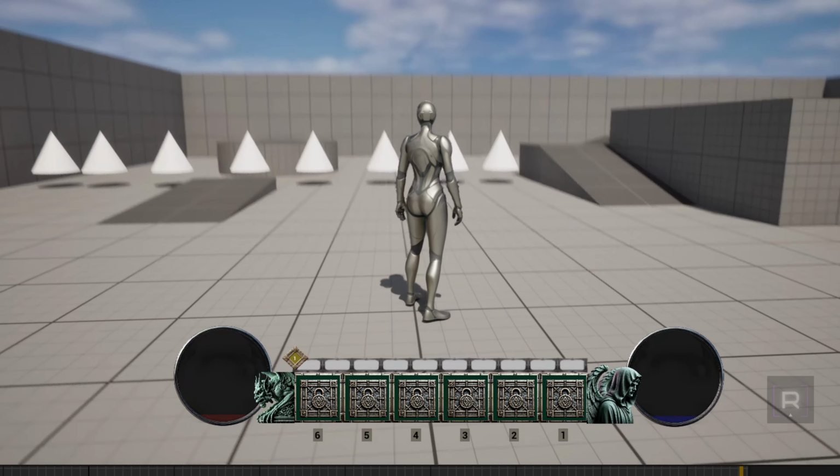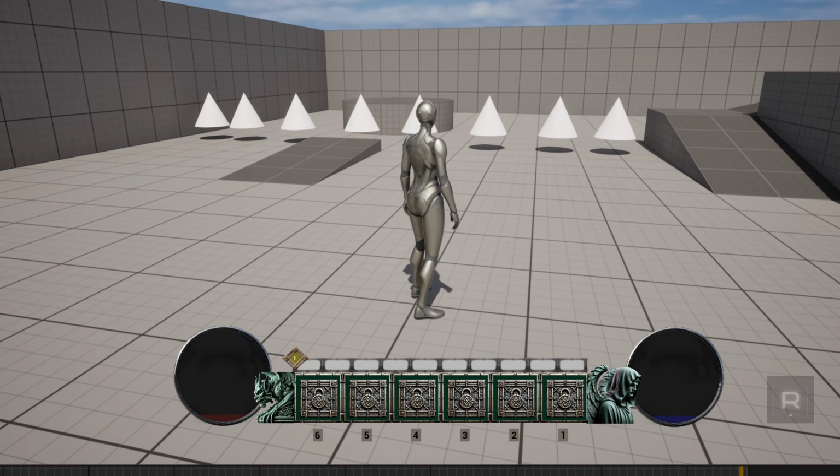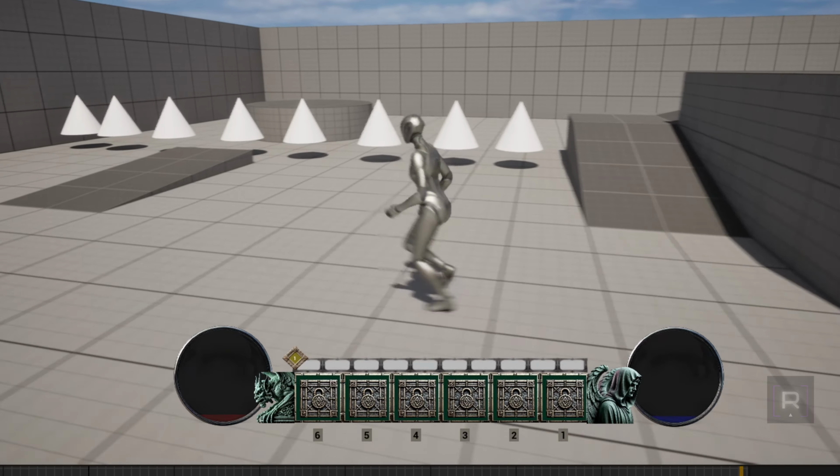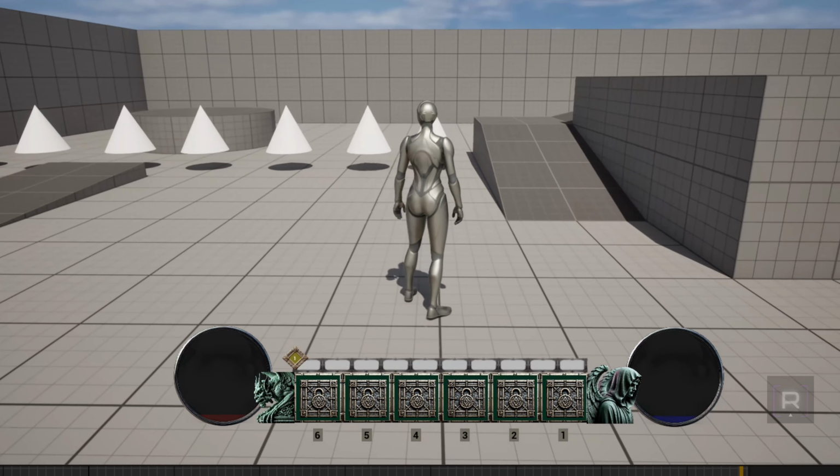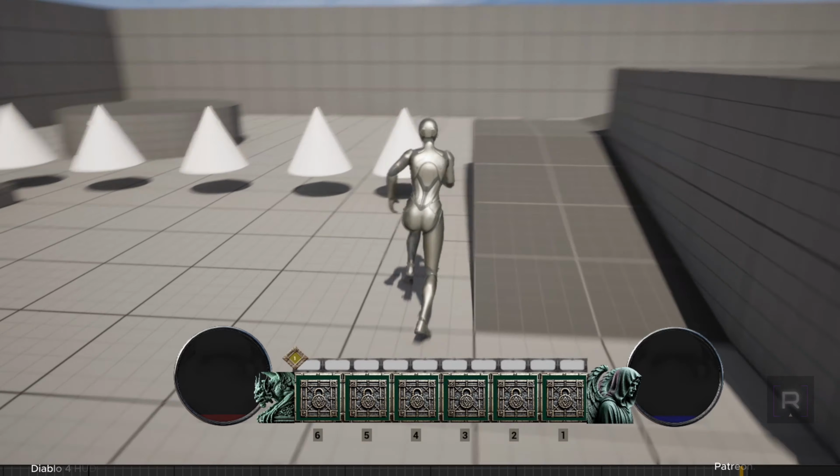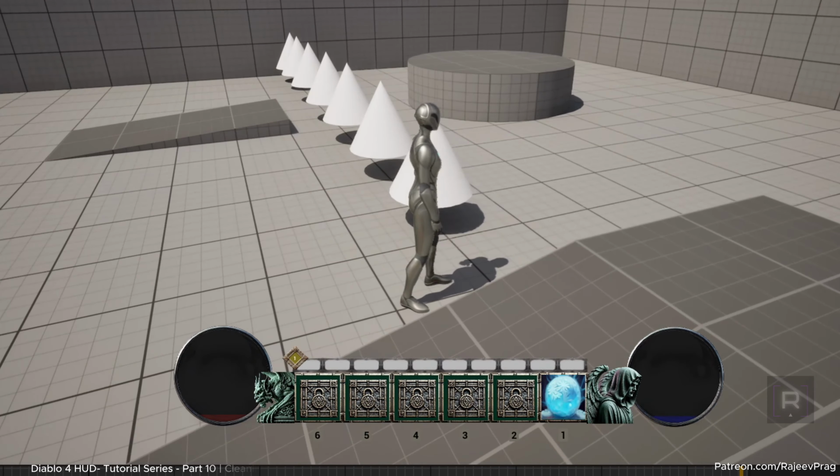Welcome back everyone. In today's video, we're just going to take a quick detour to fix our UI to make it look a lot prettier than what it was before. We were having a work in progress all this while, and I think now is a good time for us